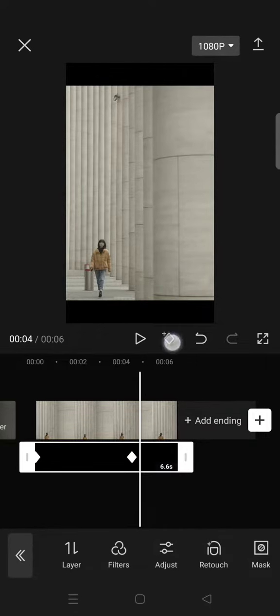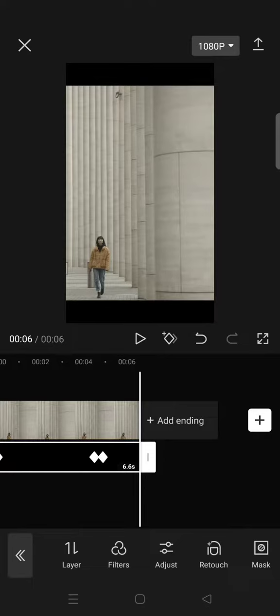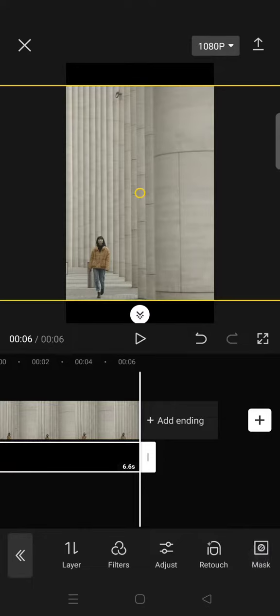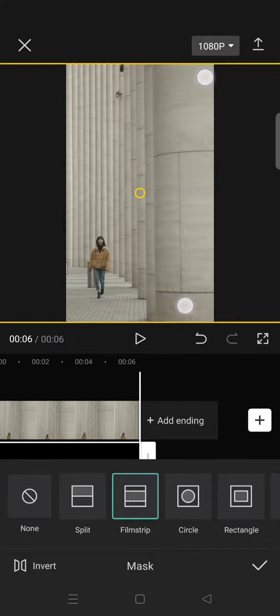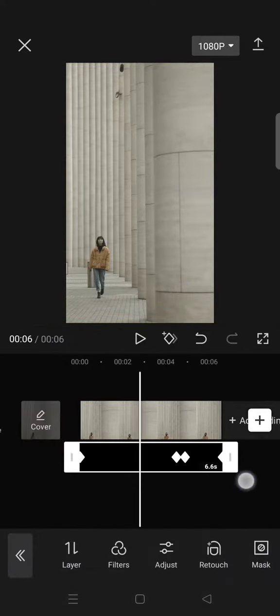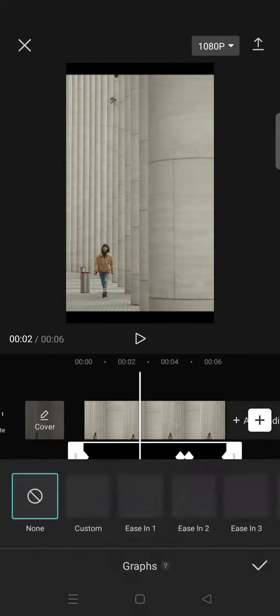bit in here, and then add the last keyframe at the end of the clips and go to mask again and zoom in again like this. Click on the check icon, then go in between the first and second keyframes and go to graphs and select